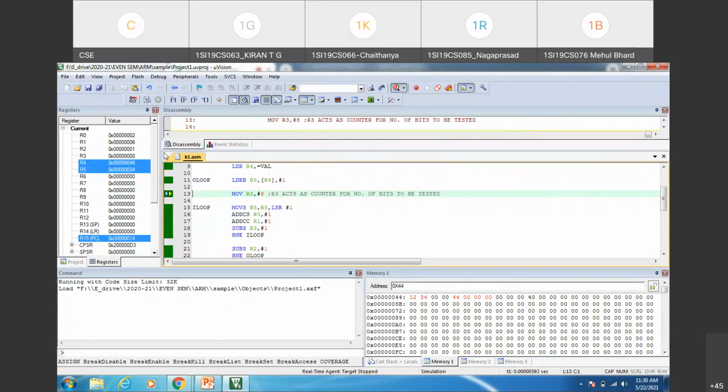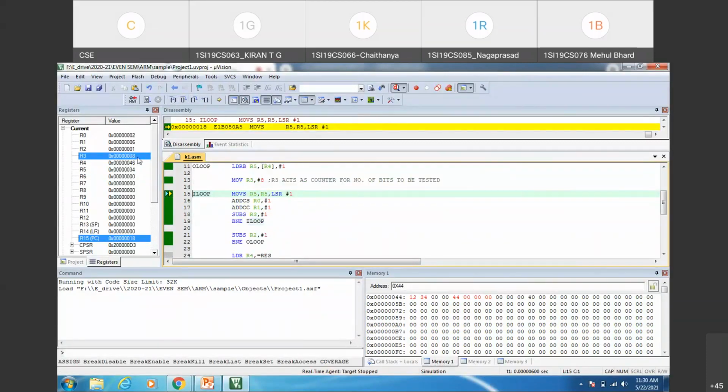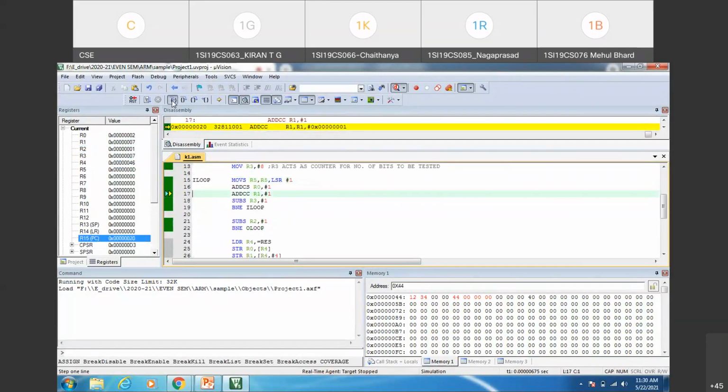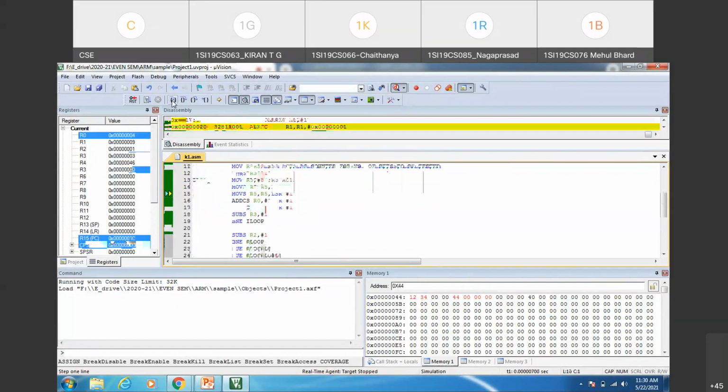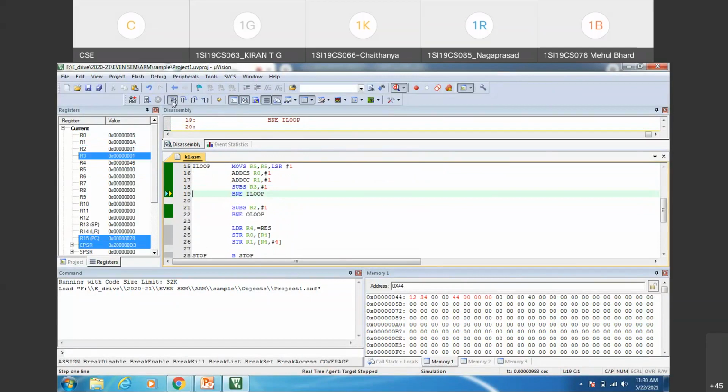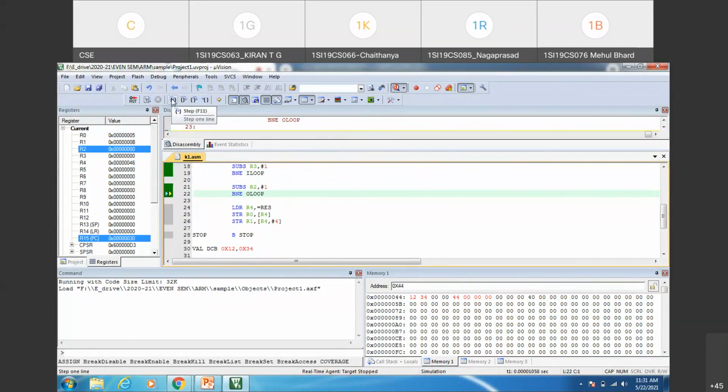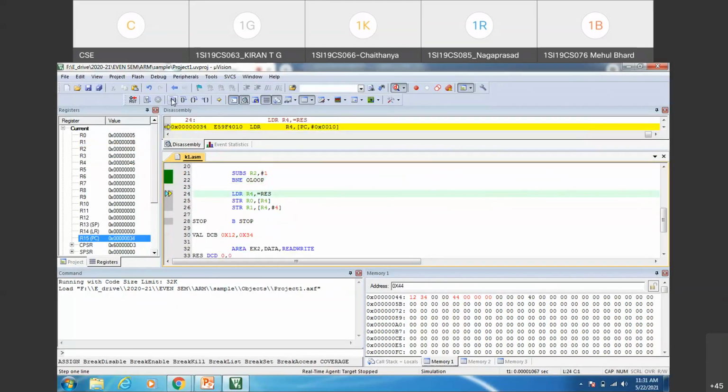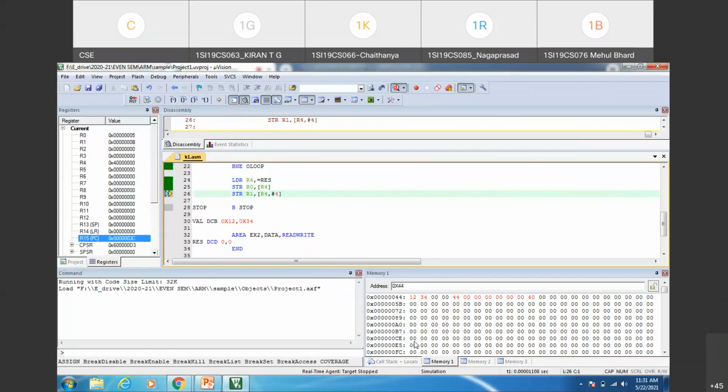It fetches the next data. 34H is the next data that is fetched from the next byte location. It is stored in the R5 register. And again the counter is initialized to 8. 8 times the inner loop will be repeated. Until R3 becomes 0, it goes for testing whether the carry flag is set or reset based on the right shift operation. Once R3 becomes 0, the inner loop will also be terminated, and the R2 counter is decremented. It is also 0. All the bytes are tested. Control comes outside the outer loop also, and you can see the result location where we are writing the R0 content.